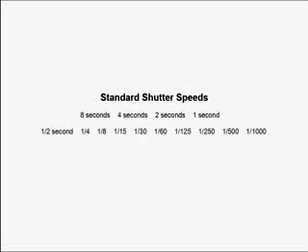Now, most consumer cameras have standard shutter speeds that can be set, which is simply the amount of time that the shutter is open. Shutter speeds are measured in seconds or fractions of a second, and they usually start at a very slow value, such as 8 seconds, with each successive speed being twice as fast as the previous speed. So a typical range of shutter speeds will contain speeds like 8 seconds, 4 seconds, 2 seconds, 1 second, half a second, a quarter of a second, and so on, all the way to a very fast shutter speed like